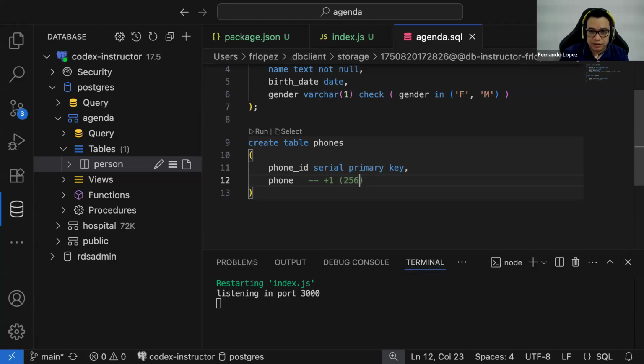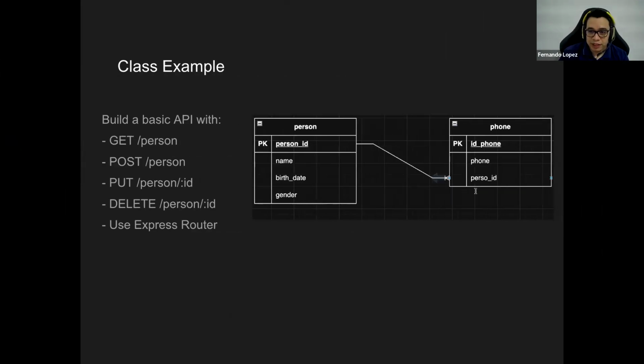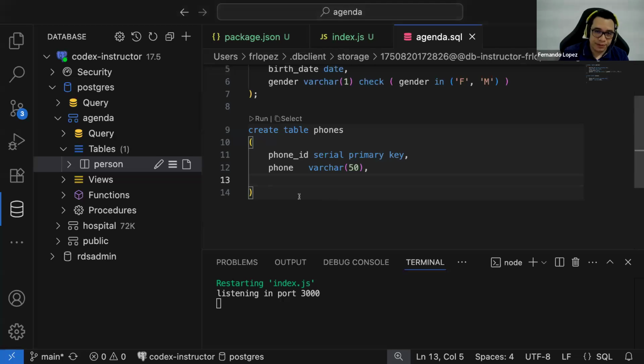You can have this kind of phones, right? So this data type is going to be text, or it could be a varchar. We're going to leave it as varchar with a length of 50 characters. And then we have the person ID. This is the owner of the phone number.